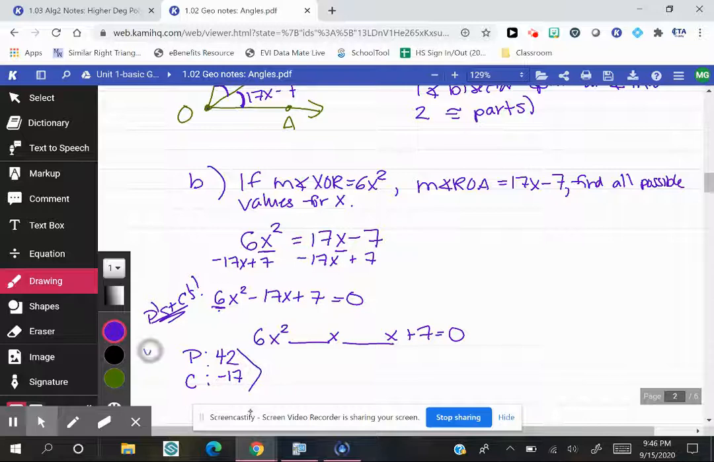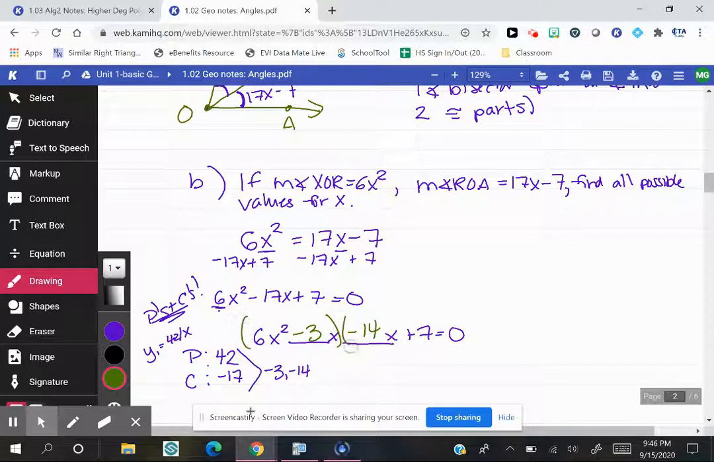If I need help, I can go to my calculator and type in 42 divided by x to take a look at my factors that multiply to 42, and I'd want to figure out which of those would add to a negative 17, and that's going to be negative 3, negative 14. So I'm going to put those into my slots,